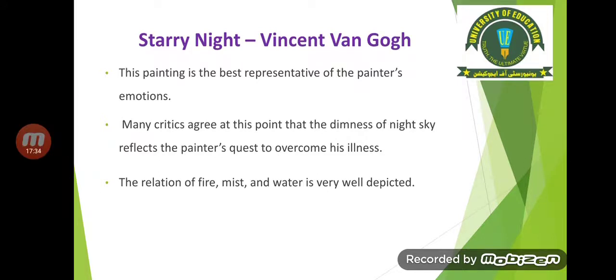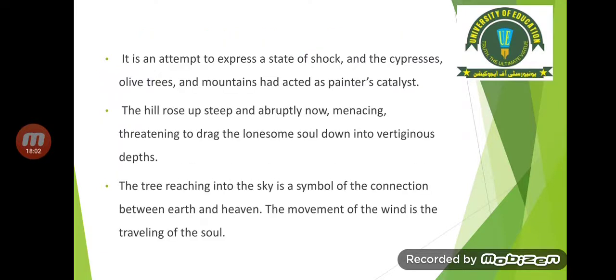As we know that Vincent van Gogh was facing a mental illness during his life, due to which he used to see the environment in a different way. That's why he used those thrilling strokes. The relation of fire, mist, and water is very well depicted. It is an attempt to express a stage of shock,